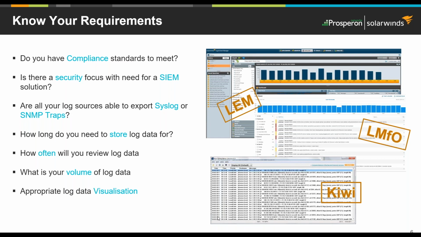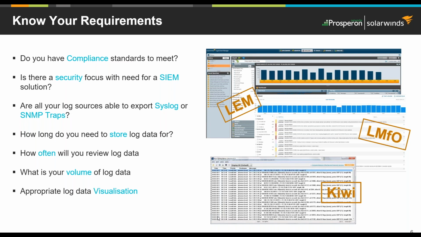Logs. If any of you have ever used any log system or reviewed log files, you'll know the pain and suffering that is involved in this. Because of that huge amount, and I'm talking millions and millions of event messages being generated a day potentially, the visualization is critical. Being able to sift through information, being able to go through individual messages,